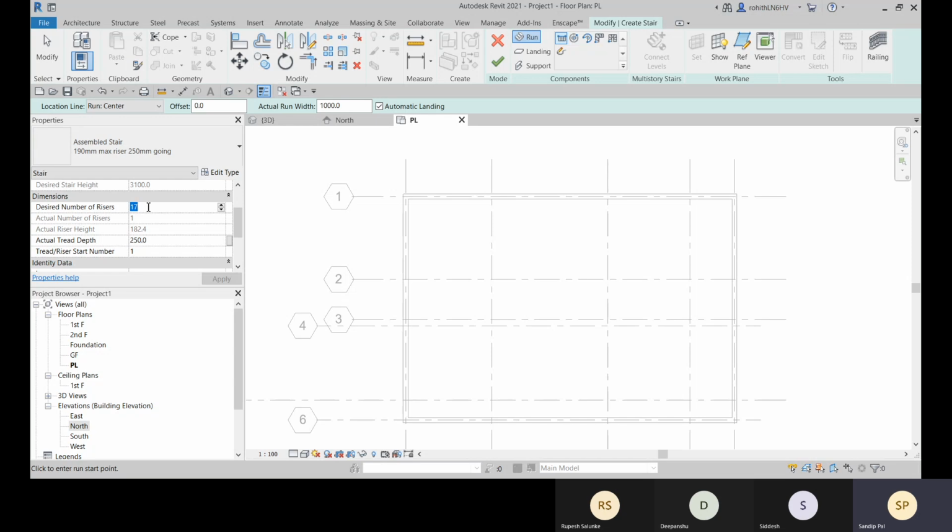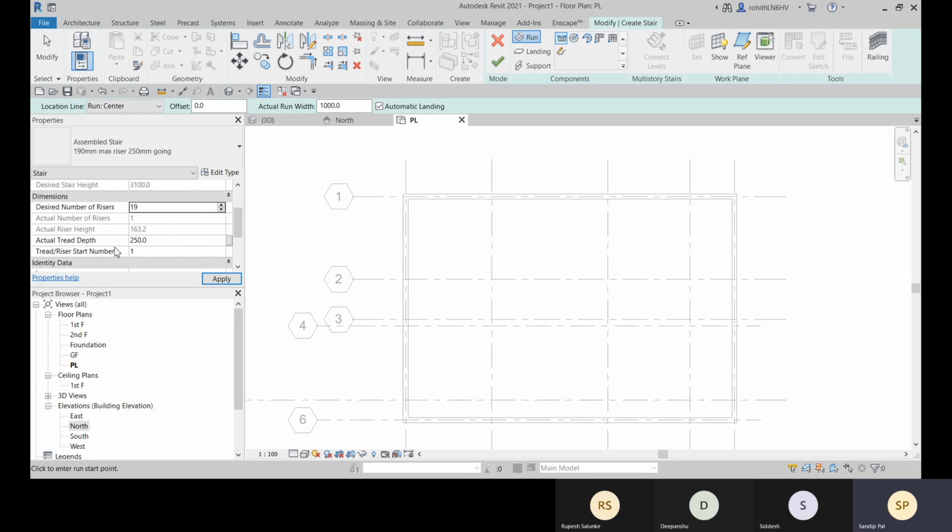The total stair height is 3,100, and if you choose the desired number of steps as 21, this will be the riser height 147.6, and if you choose 19, this 163.2 will be the riser height.